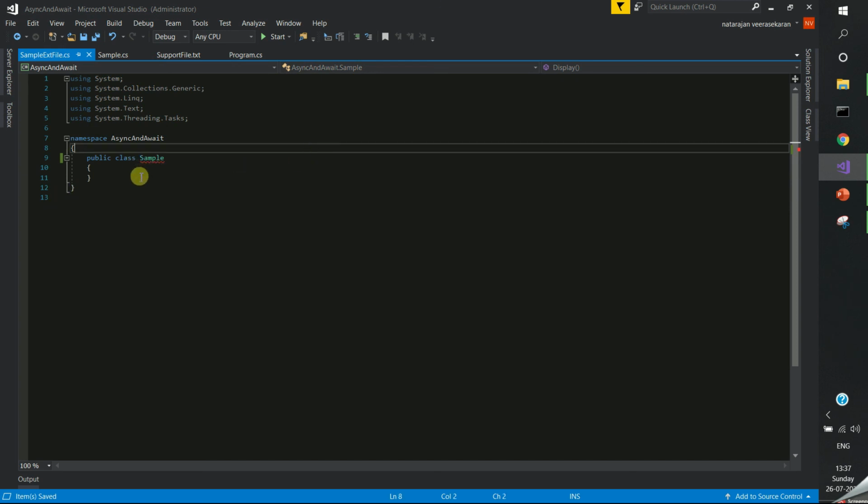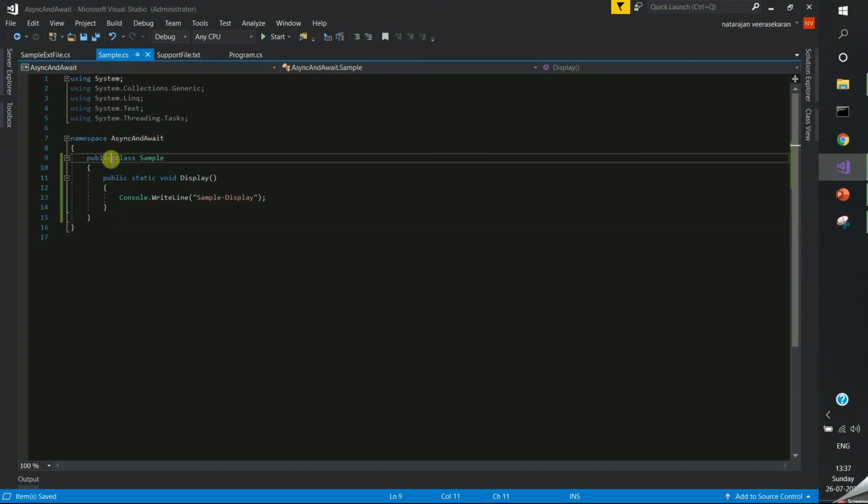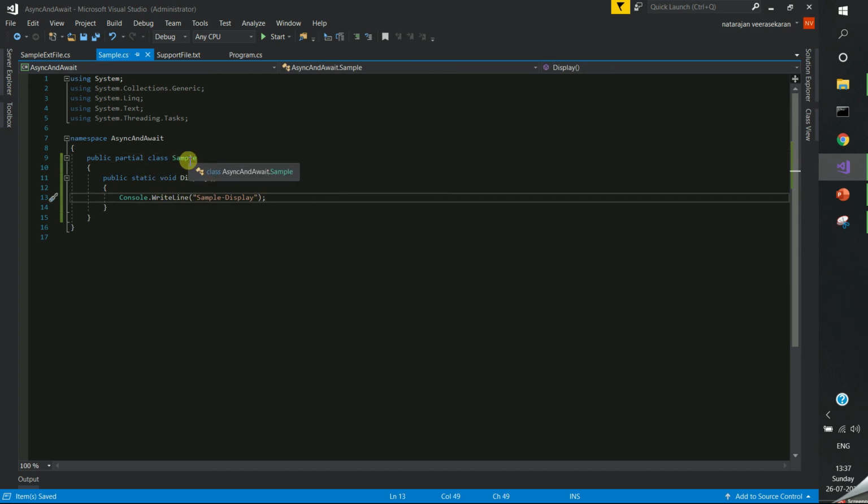You can see we are getting the error. The namespace already contains a definition for Sample, because Sample is already there in the particular namespace. So we could not create the same class name multiple times. What we can do is declare the partial keyword here.